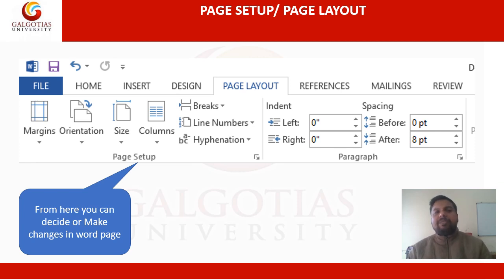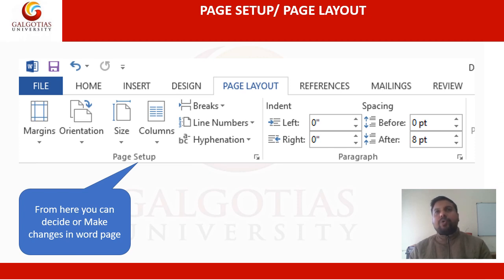The next tab is margins. Margin is basically used when you have more data than a single page. I mean you have extra text, but you want to manage it in a single page. So how is it possible? For that you have to go to the margin option and change the margin distance.